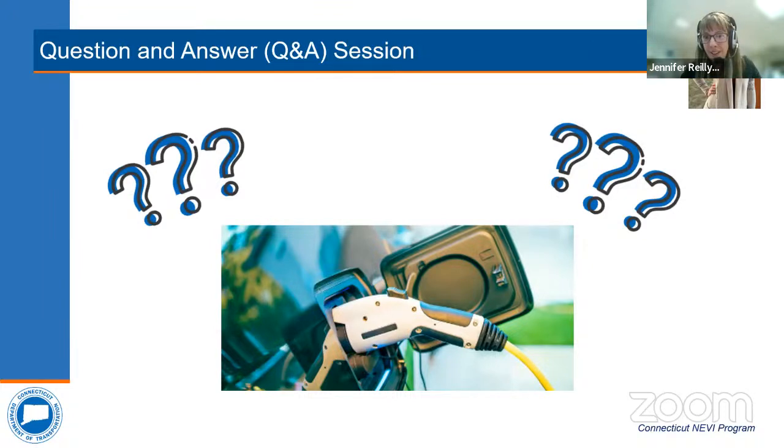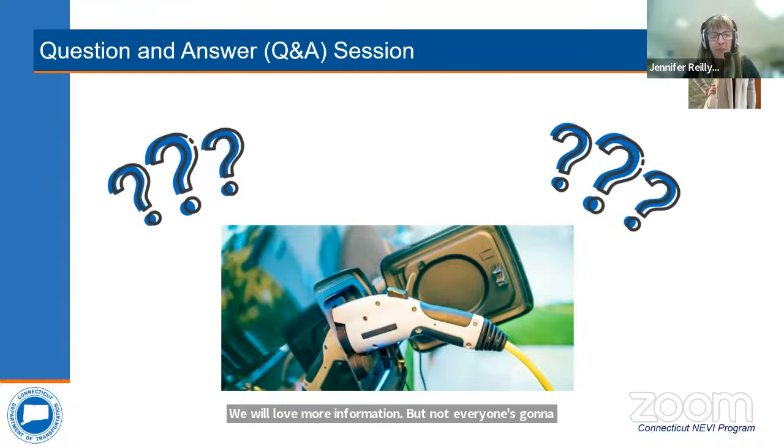We would love more information, but not everyone's going to be along the same process, at the same stage. So the information that you have, the best level of detail would be great. But note that the non-federal match may not be any less than 20%.